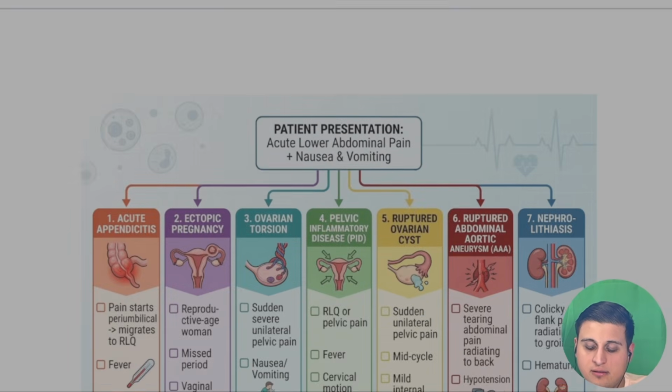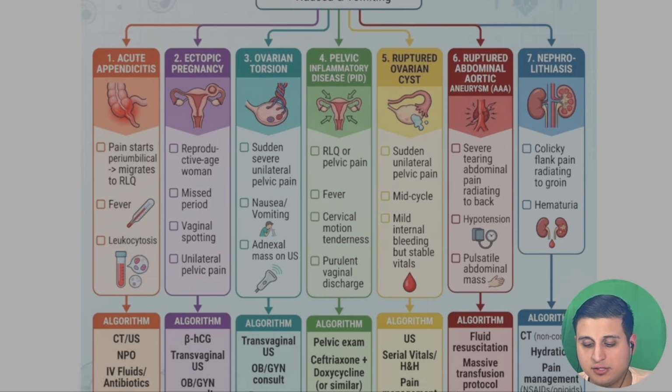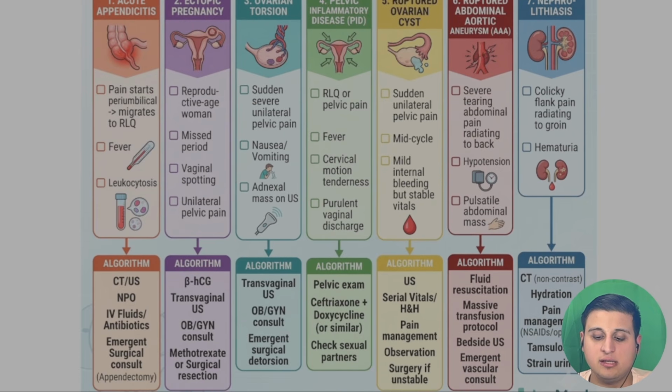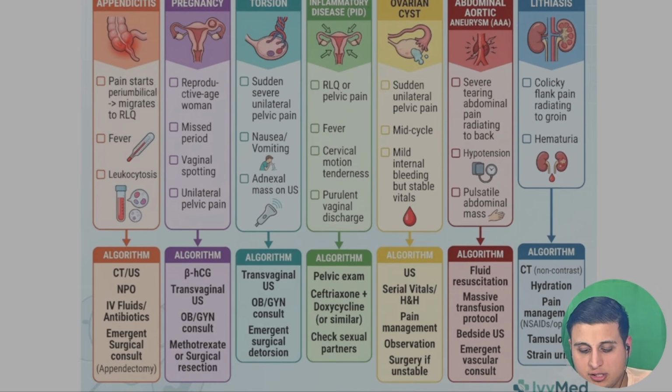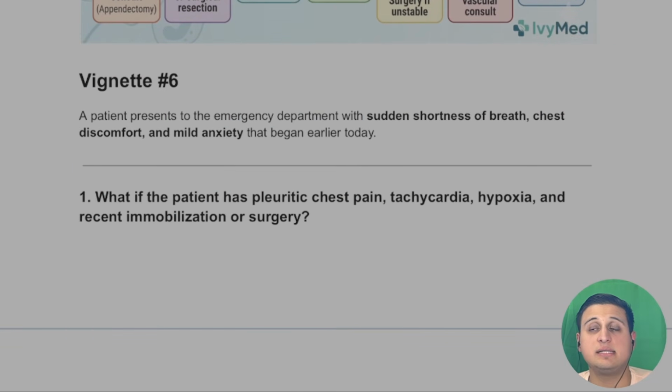Okay. We're done with this group. So here again, acute appendicitis versus ectopic pregnancy versus ovarian torsion. Like, what are our major symptoms? And then the algorithm. Are we going to do an HCG? Are we going to do an ultrasound? That kind of thing. All right. Let's move on to this next block. Now we have